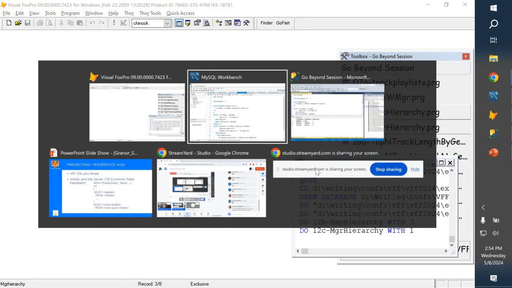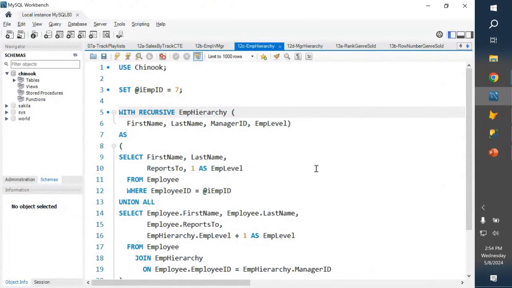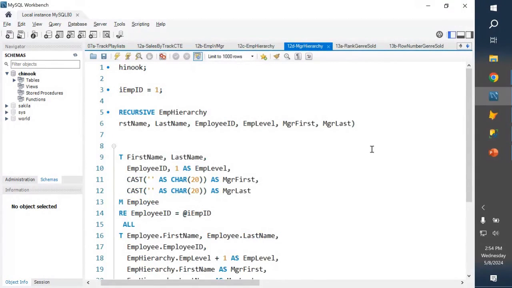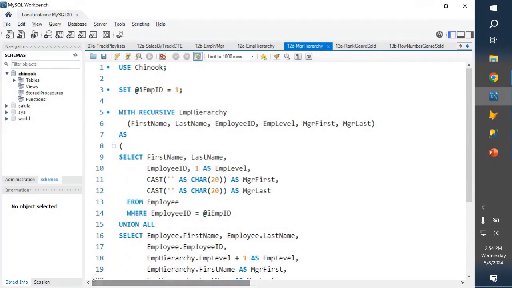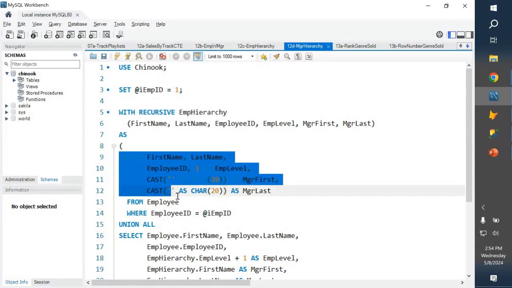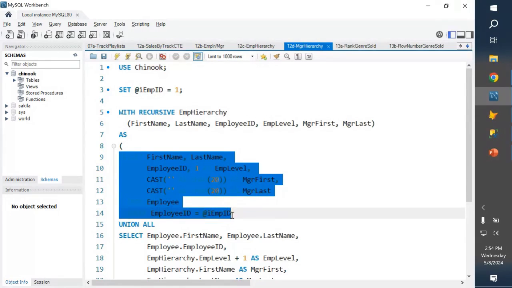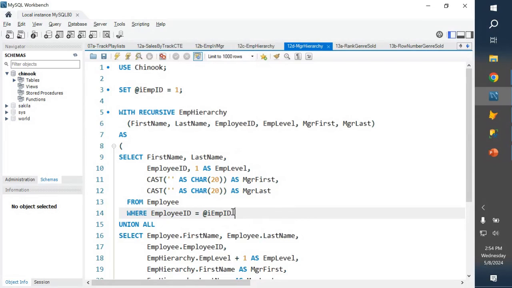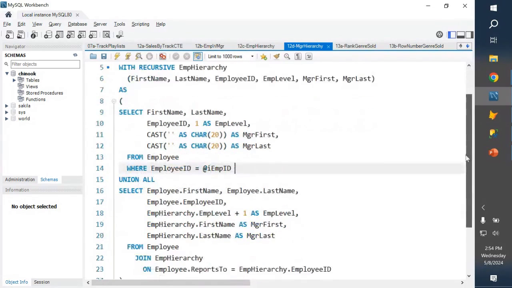In the SQL engines, it's almost identical to the last example. All we have to do is reverse the order of the join. So again, it's going to be a recursive CTE. We've added the manager name fields here, which we didn't have in the last example. And we seed it with the record we're interested in, the first one whose employee ID is EMP ID, and then we union it to all of